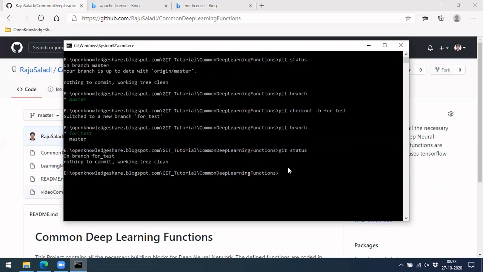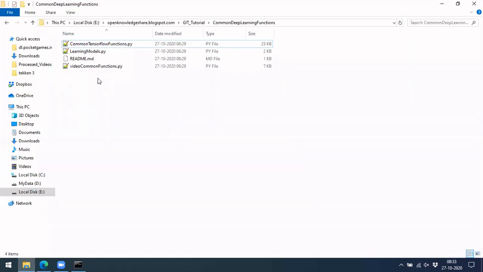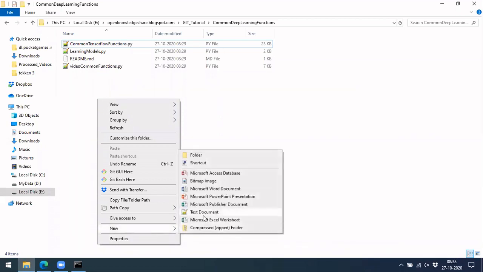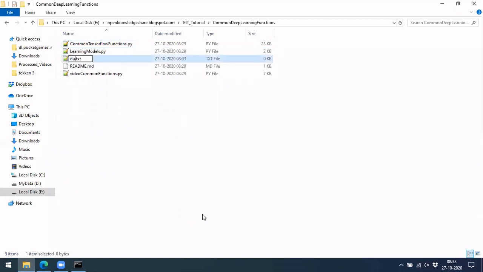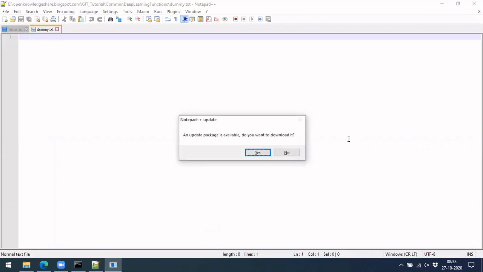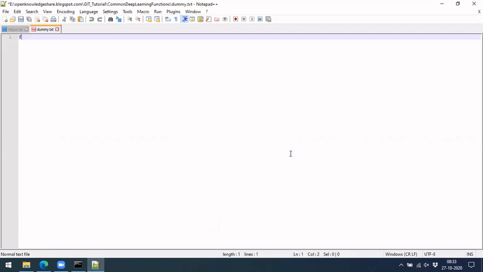Now let's try to add one small function, or edit what is inside, and then commit it back. I am adding it here, though we can do it in the command prompt as well. I am calling it dummy, and I am writing it for experimental purpose.